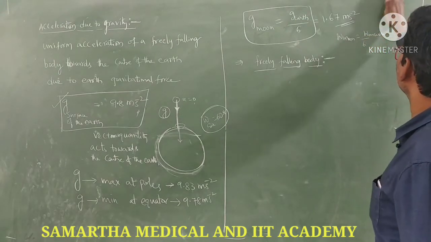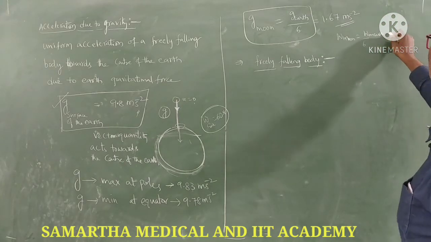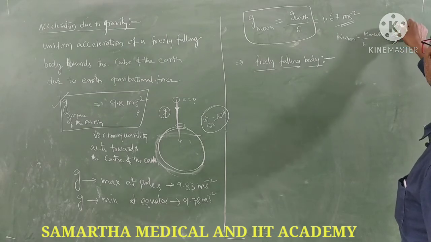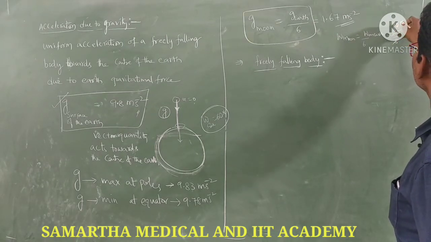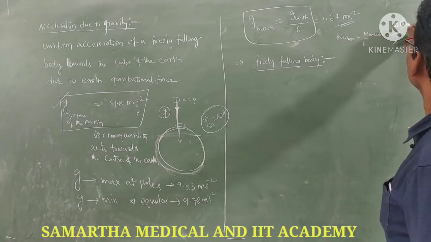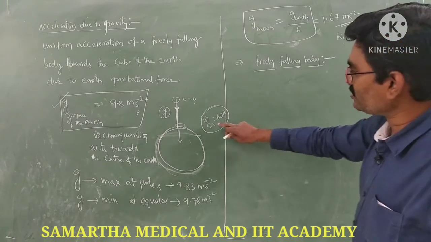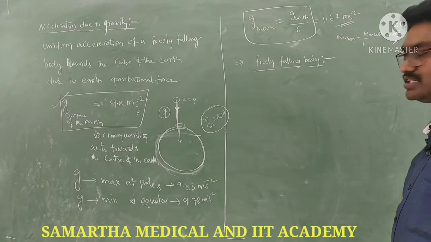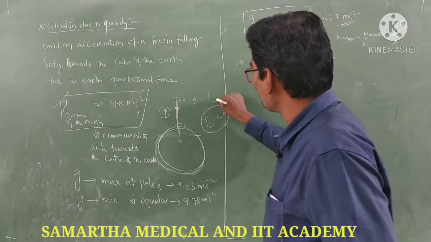So that means what you can notice, weight on earth is equal to 60 Newton, 60 by 6, so you get 10 Newton. So what is this? Weight on moon is 10 Newton, weight on earth is 60 Newtons. But what is changing and what is not changing is, here we observe a body,